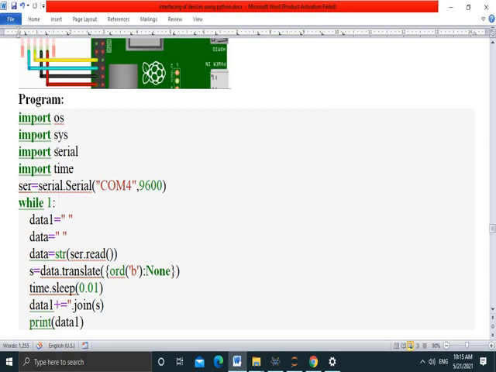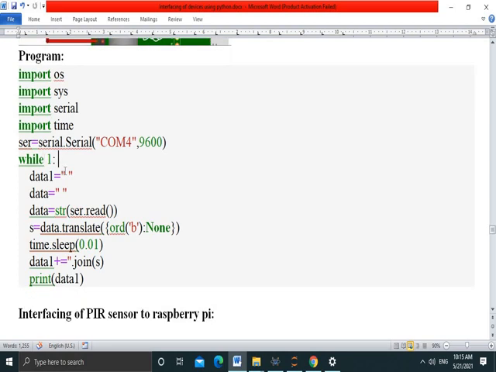Here I am importing the serial library, then importing the time library. In the serial library, write from which port you access the data. I am accessing the data from COM4, baud rate 9600, and store this value in serial SER. In while 1,